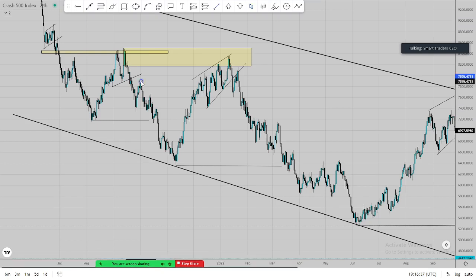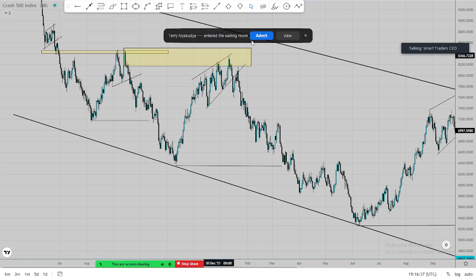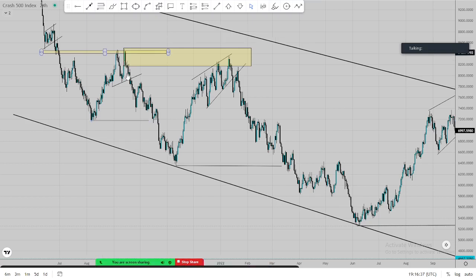So when you have such an understanding, even if you didn't get this entry point at the top, or even this one, when you go to lower time frames, you identify entry points knowing that your target on the higher time frame still hasn't been reached. Whichever entry points you look for on the lower time frame, you look for them having in mind that on the higher time frame, I'm still yet to reach my target.